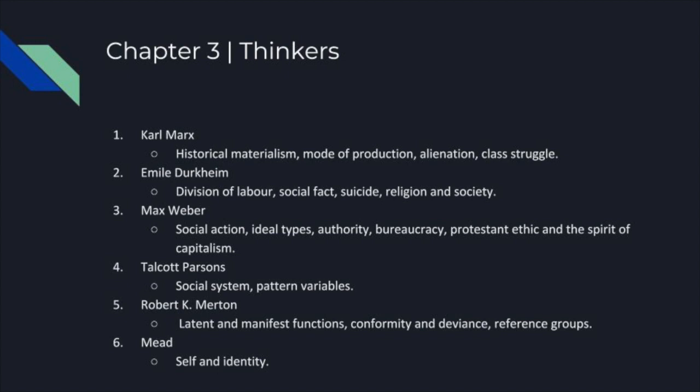In the syllabus, there are only 6 thinkers, but we'll be beginning with Auguste Comte, because he coined the word sociology. Comte thought that sociology is a science, so it should be studied scientifically, even though he didn't believe in numbers. Durkheim brought that in, but scientific as in observation, empiricism and all that.